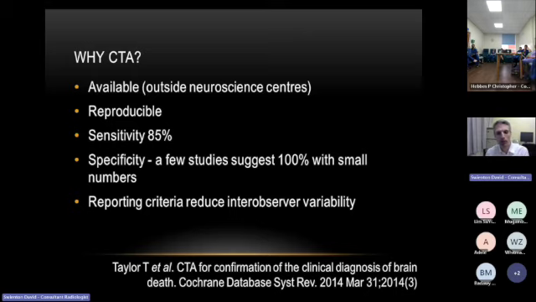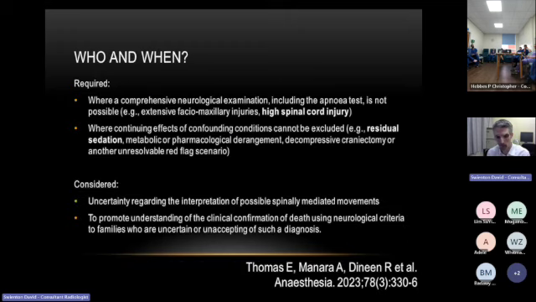And there are some reporting criteria, and those are really good for reducing inter-observer variability, and they're very straightforward. The criteria we use in the UK, the UK consensus, are very clear. So that is good, because that leads to, I dare say some radiology reports are less useful than others. So who and when? Again, this is directly from the criteria,